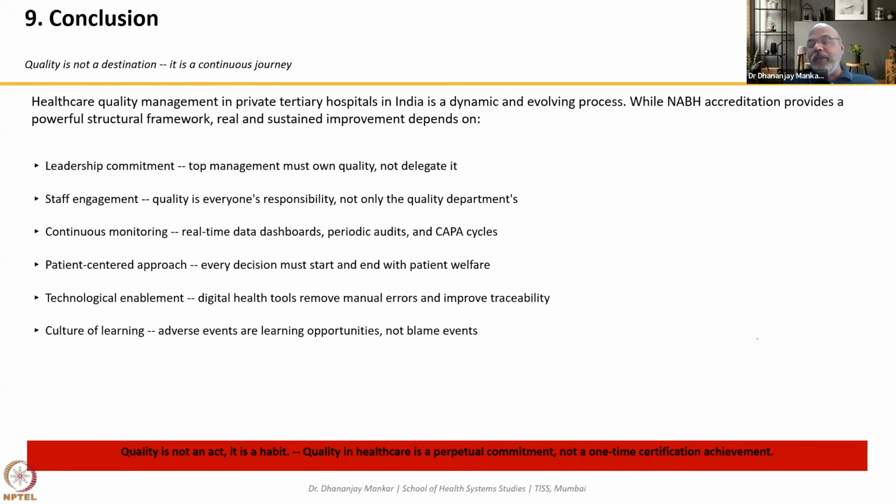NABH can take the dependency that hospitals, and even the private hospitals with increasing demand, can face. In conclusion, I want to state the leadership commitment, not only for clinical governance, but also that the top management in the hospital must own quality, and should not take quality only because the hospital is getting money or not getting it. So hospital top leadership should not delegate it, but implement it. They go and earn it.